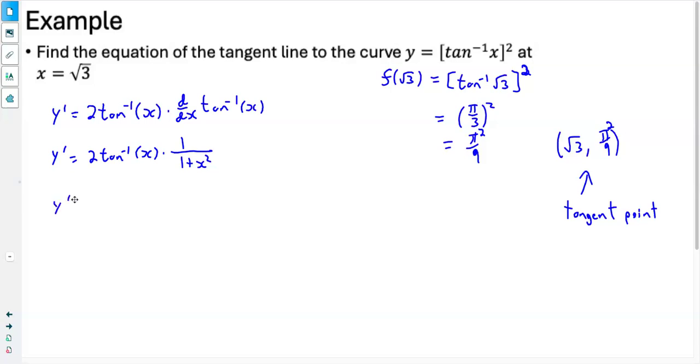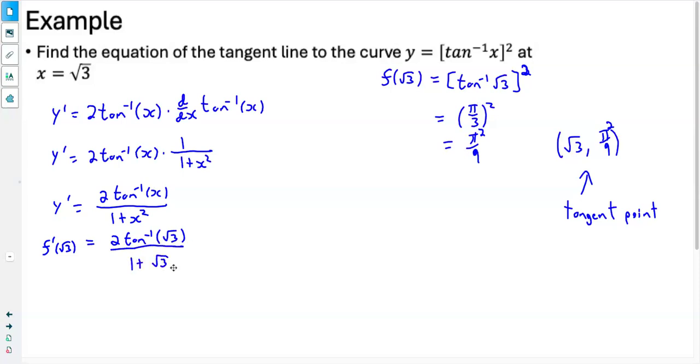Or we could rewrite this as y prime is equal to 2 times the inverse of tan over 1 plus x squared. So now we want to find our slope at that point. So we'll substitute root 3 in for x's. So we've got 2 tan negative 1 of root 3 over 1 plus root 3 squared. So that gives us 2 times tan negative 1 of root 3, which we already talked about was pi over 3,